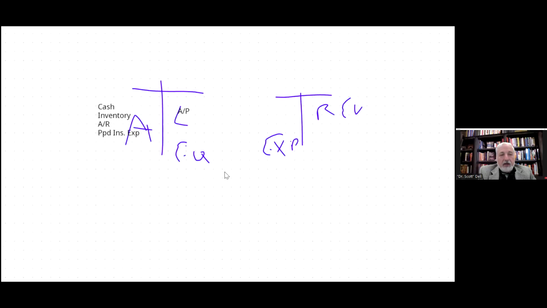Let's take a look at our inventory purchase example. If we bought inventory, the nice thing about journal entries is you pick one side that you know. Cash is the easy one typically. Cash goes up, we debit. Cash goes down, it's a credit. In this case, let's say we pay for our inventory with cash. So we know cash is going down, we know that's a credit. So I'm going to put an XXX holding here. And let's say I got $1,000 of inventory, but I know my cash is being credited.